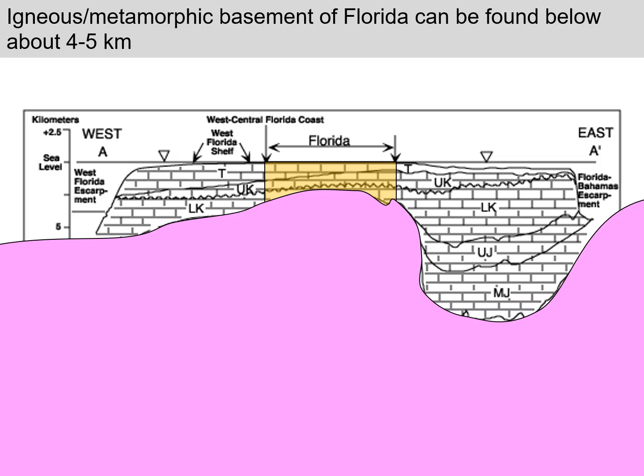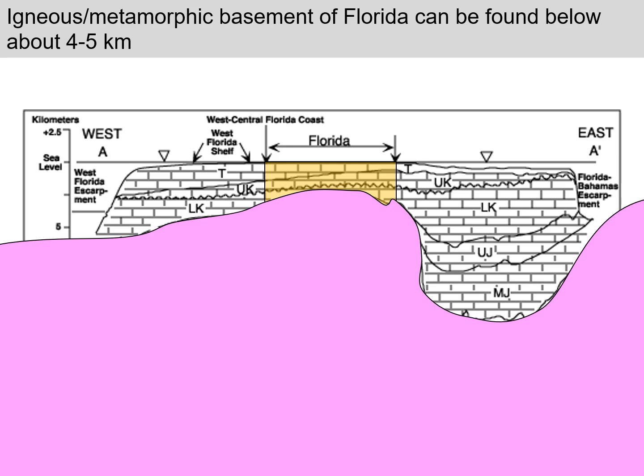This basement rock consists of igneous and metamorphic rock that has been recovered in deep boreholes drilled into present-day Florida. It's the rock colored pink in this cross-section. Interestingly, when geologists study this rock and look for analogous rocks in other parts of North America, they don't find any. In fact, the only similar-looking rocks are found in Africa. So it appears that when Africa separated from North America, it left a little bit of itself behind, the basement